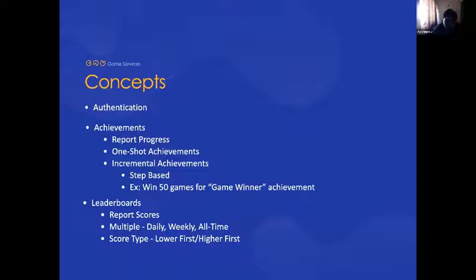So coming to leaderboards, you can create a leaderboard for daily, weekly, and all time. Based on the time factor, it will derive all the standings within a leaderboard. And for creating a leaderboard, you need to specify what type it is, what kind of score type,